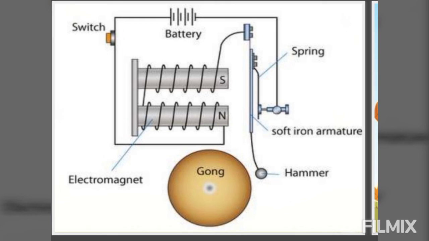This backward and forward movement of the iron strip takes place many times in a second and produces a sound. What does it do? It keeps establishing and breaking contact, forward and backward, and that produces the sound, and the loudness of the sound may be enhanced by using a hammer attached to the strip S, which in turn strikes the gong, because of which we hear the sound of a ringing bell. So the main things in this are the gong, the iron strip, hammer and a switch.